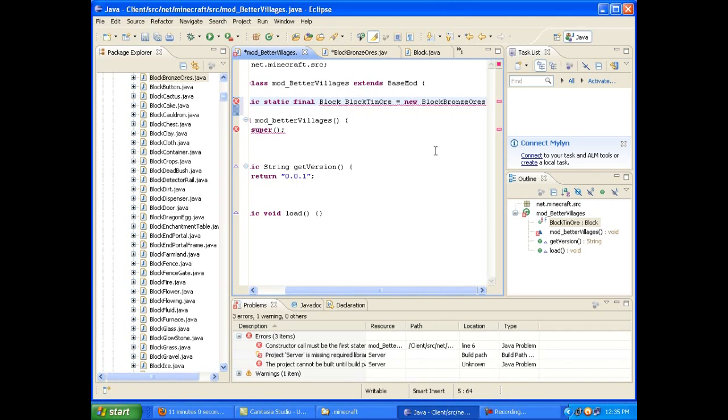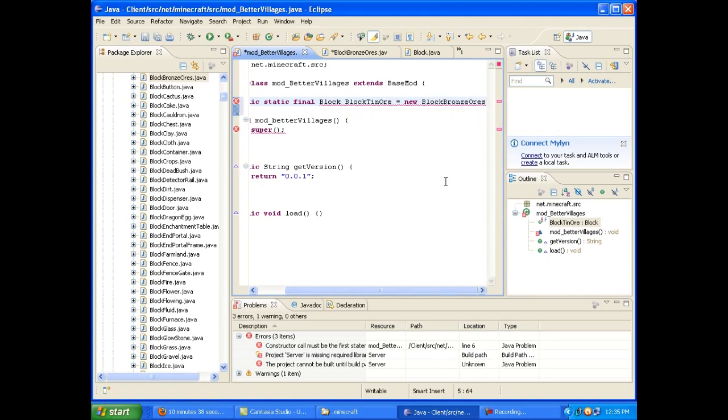Now, again, using the template example, this should be fairly easy to understand. We created a block bronze ores template there. We're creating a new block called block tin ore, and we're just saying that block tin ore is going to use the template block bronze ores.